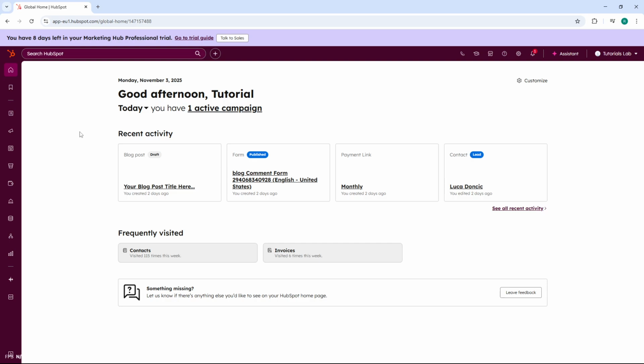Let's start by heading over to hubspot.com and signing into your account. If you're new to HubSpot, you can create an account or start a free trial to explore what Service Hub has to offer. Once you're signed in, you'll land on the HubSpot dashboard, which serves as your command center for